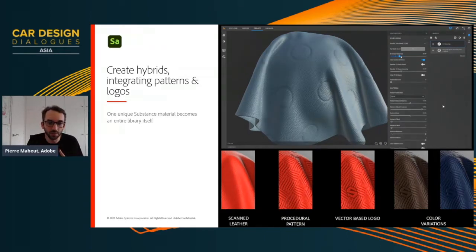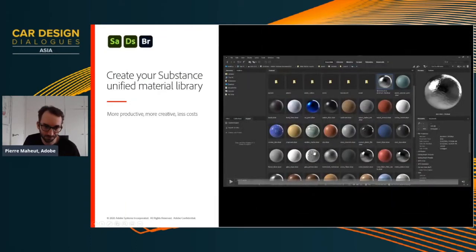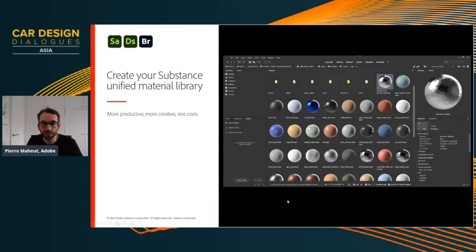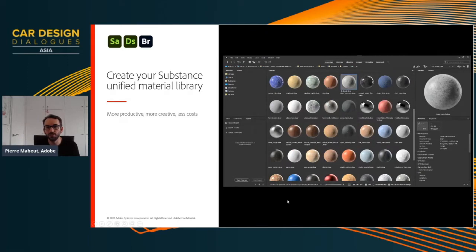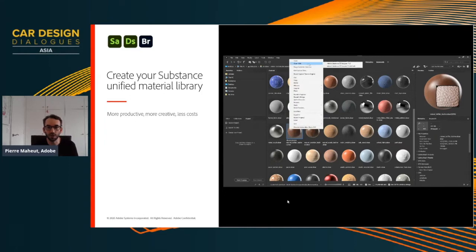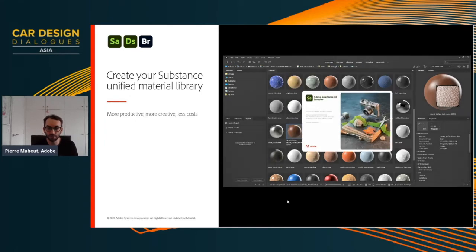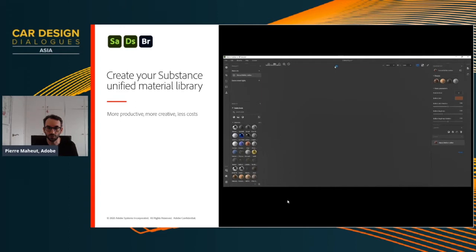And here, really, Sampler is a tool that is aimed at color, material, and finish designers, and you don't need high-end 3D knowledge to be able to generate those kinds of digital samples. Something also to extend the capability to use 3D materials across the team is the fact that we integrated with Adobe Bridge, which is available in the Creative Cloud offer for free.